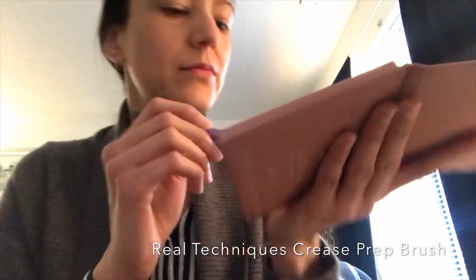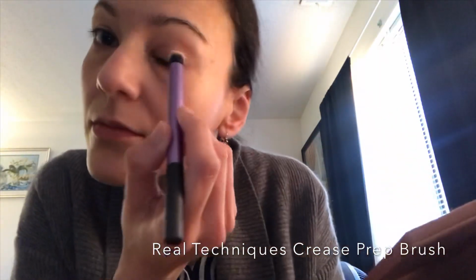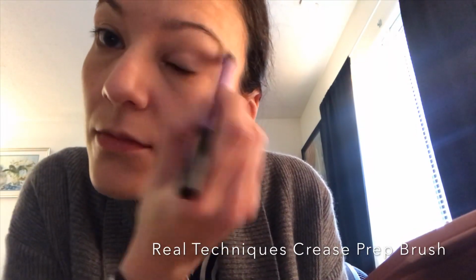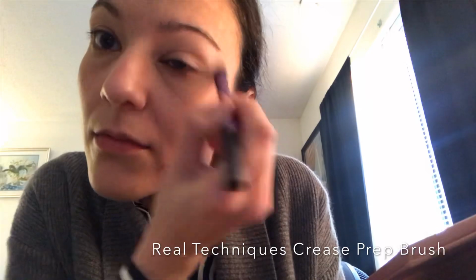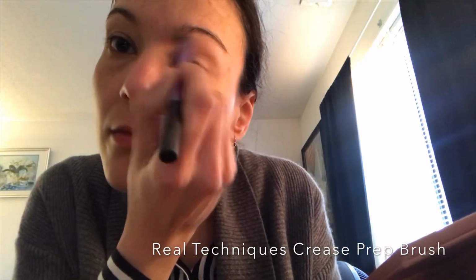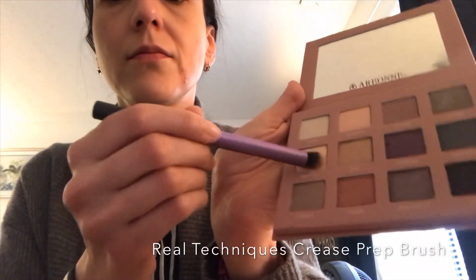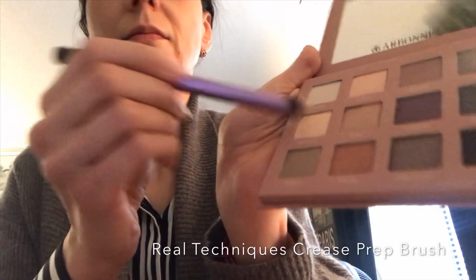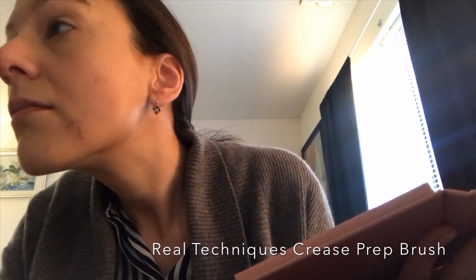Taking my Real Techniques buffing brush, I'm dipping into the color Marble and I'm putting that all over my lid. I like to set my eyes with a color that's close to my skin tone because I find that it helps blend eyeshadows a lot better. So just taking that color Marble once again, which is somewhat of a matte, kind of satin looking finish eyeshadow. It's a very pretty